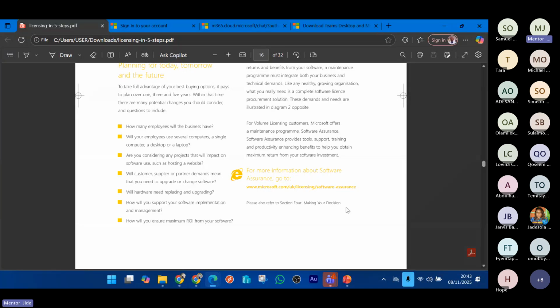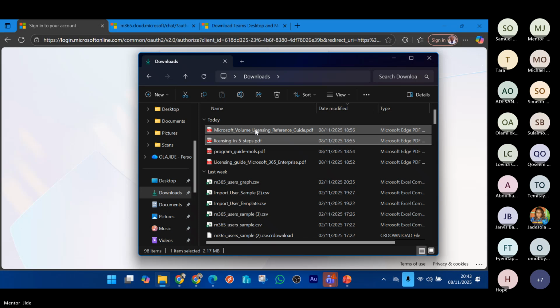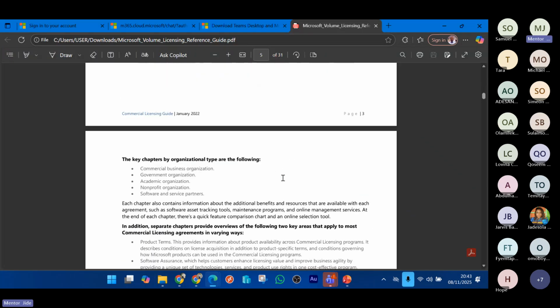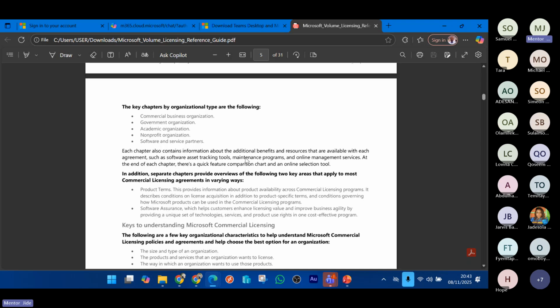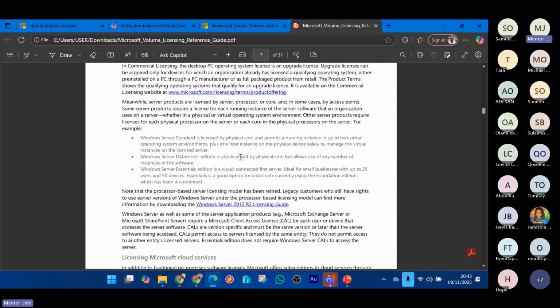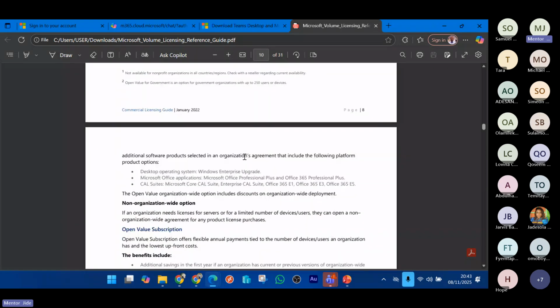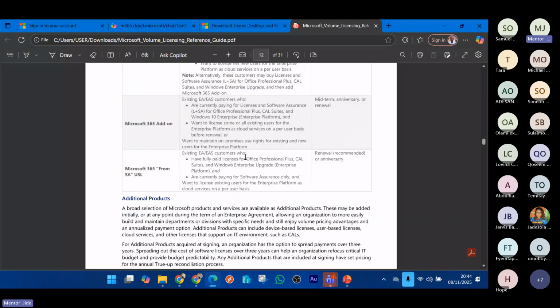Okay, look for that one. I think this is the one that explains it. Can you see? This is the document that explained it. I will send it to the group. Let me drop it in the group so that it can give us more explanation on Microsoft 365